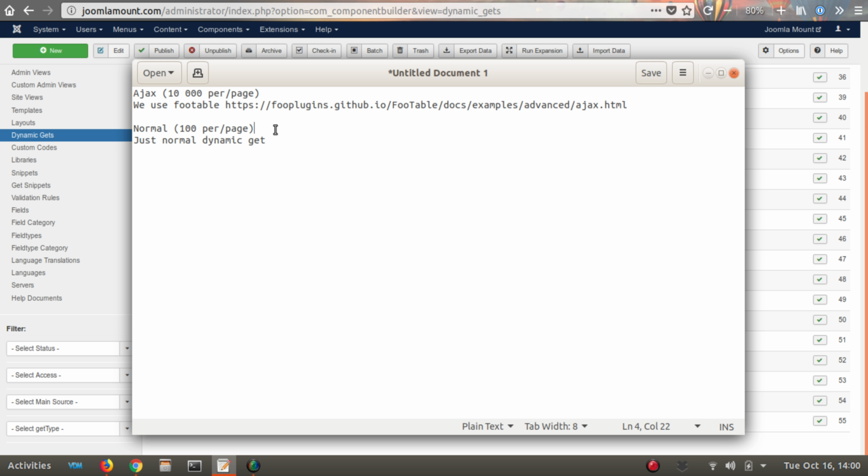And so you basically need to use pagination. If you don't use pagination, it takes very long for the page to load if it's more than 100 items. If you want to load more than 100 items, I suggest you go the Ajax way. Now for the Ajax, I am using the FooTable plugin,